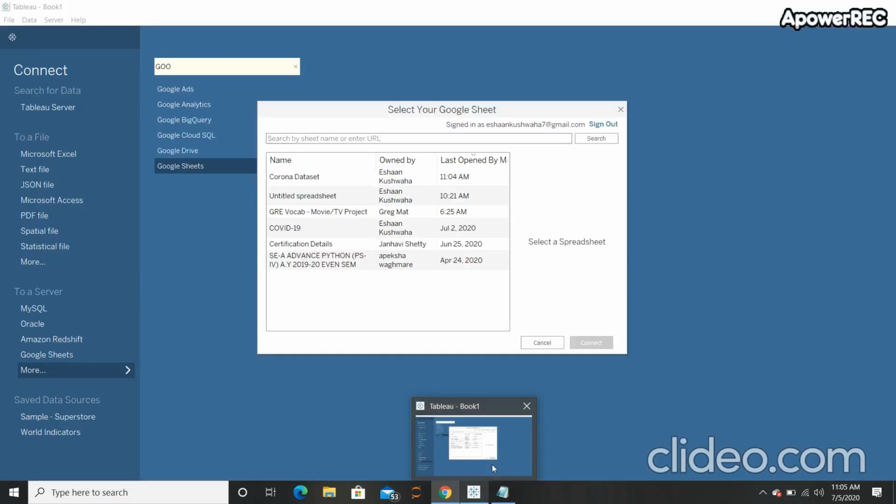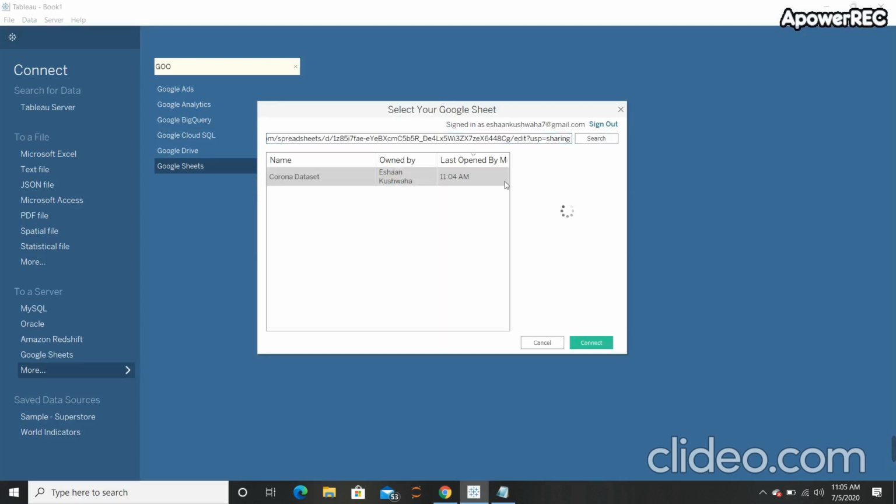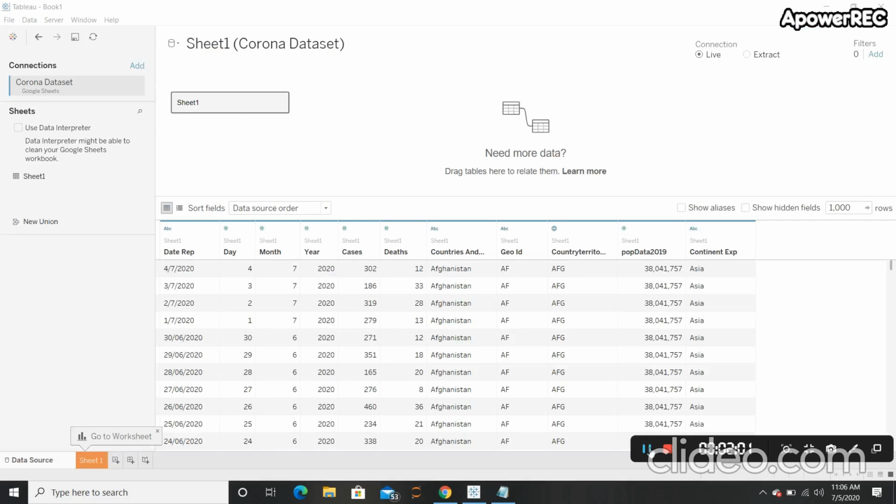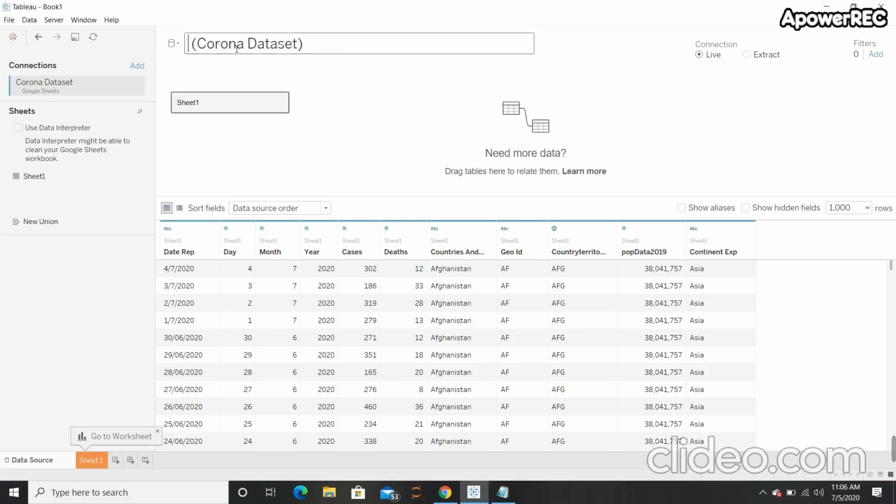Again I will go to Tableau. I will paste that link here. Search. This is the dataset. Connect. It will take some time. It will look like this after a minute or two, but I want to change this name to Corona dataset,